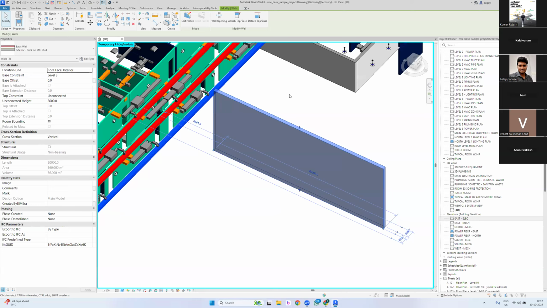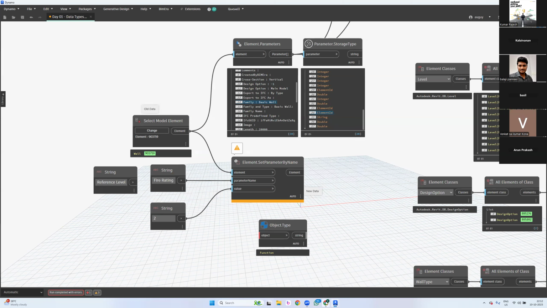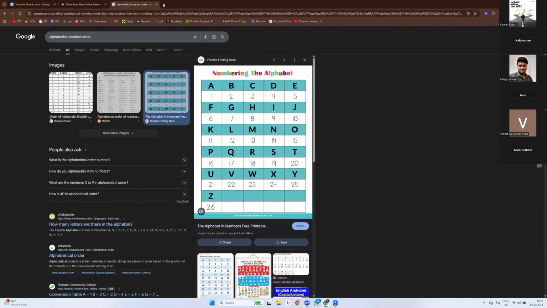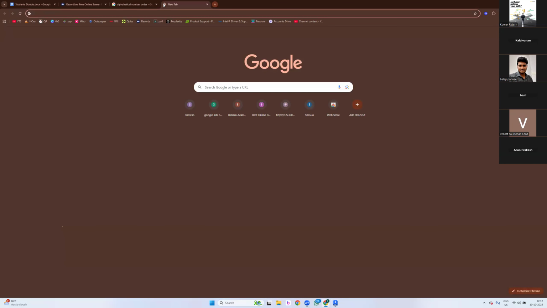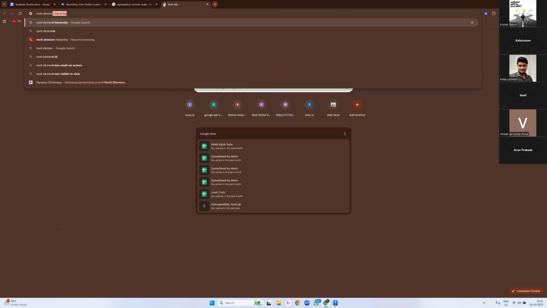Correct? Yes. Okay. Now, answer me. Sometimes when you're playing with Navisworks, you copy an element ID and paste it in Revit. Sometimes it shows that it couldn't find that element. Why? Yes, exactly. Why? The first object, last object thing. What is the first object, last object? Anyways, it is an object, no? It must show either the first element or the last element. What is the first object and last object? As per Revit element hierarchy,